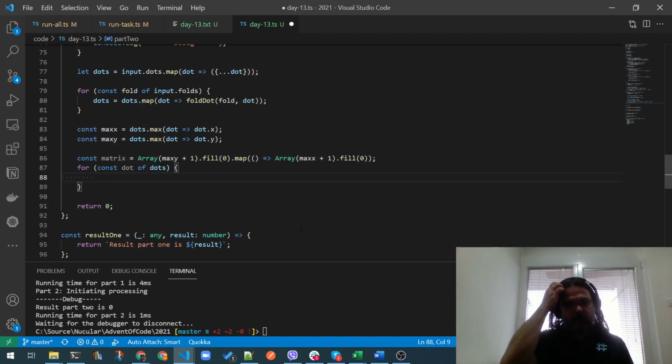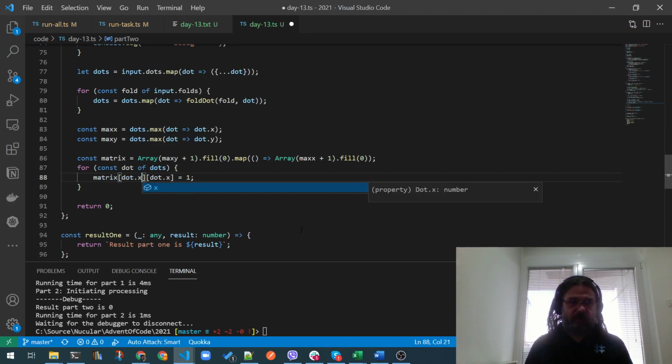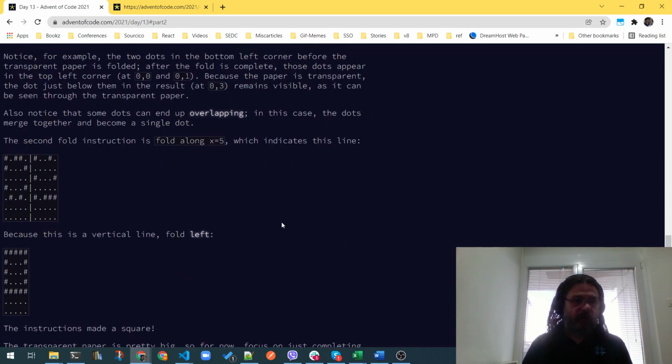For each dot of dots, matrix of dot x dot y equals 1, let's call it. How did we have it? We have